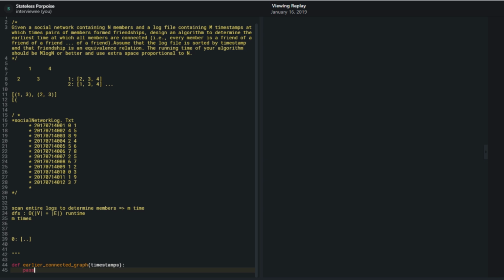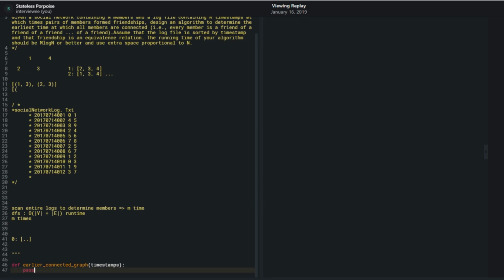Okay, let's try without the union find, just in terms of the data structure that you can use. You read the log file and then you start performing some kind of union operation. Whenever you read one line from the log file, all that you have to look at is whether the criteria is satisfied, whether each member has a connection, right? And then you can assume that there is one global root. From the beginning, you can assume some global root, and then from there, you will have a lot of not connected subnetworks with their own roots. Once you feel that this criteria is satisfied, then it means that all the members in the network are connected,